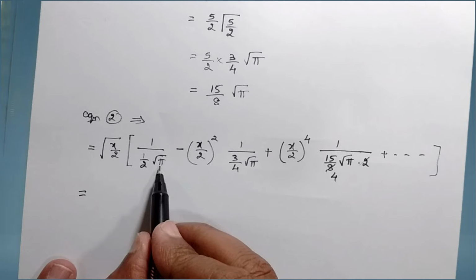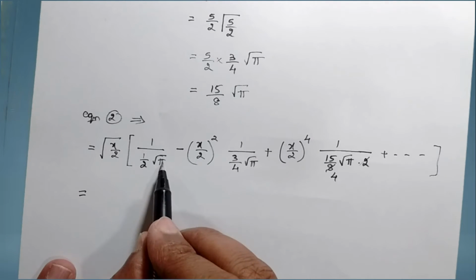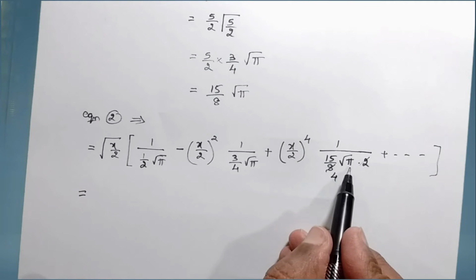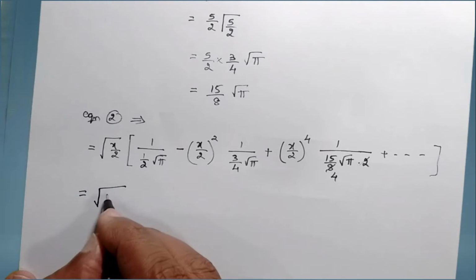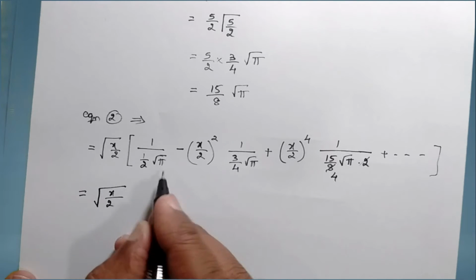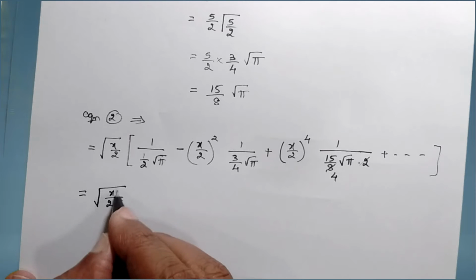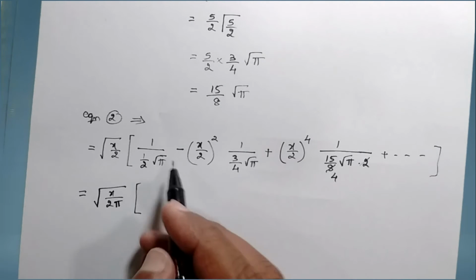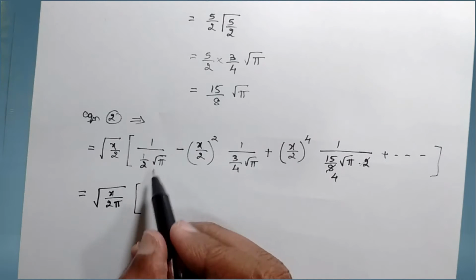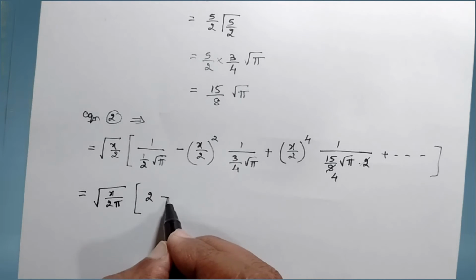if you try to observe here in the denominator, every term is having square root of pi. So can I take this square root of pi outside? So if you take square root of pi outside, it becomes square root of x divided by 2 into, because it is root pi, I can write under square root. So it becomes x by 2 pi here, under root. So what will be left out here? It is 1 by 1 by 2. If I take that in the numerator, it becomes 2 minus of,